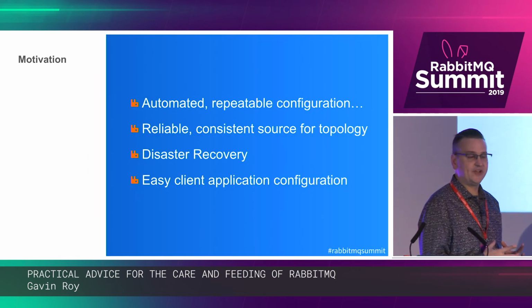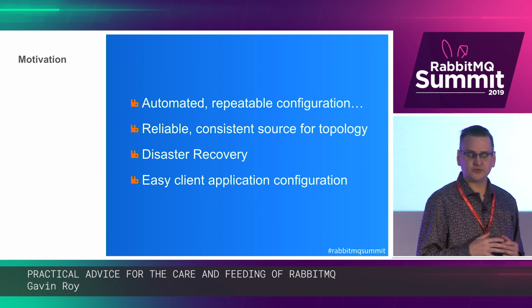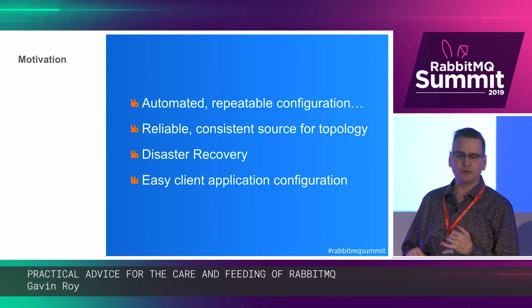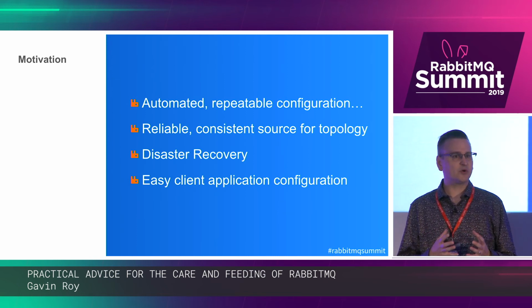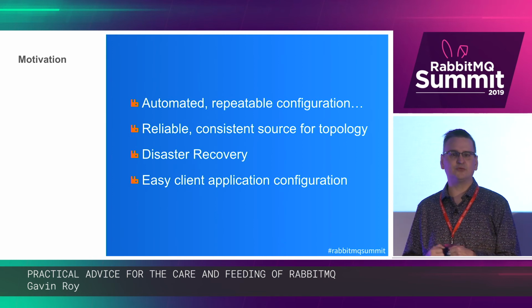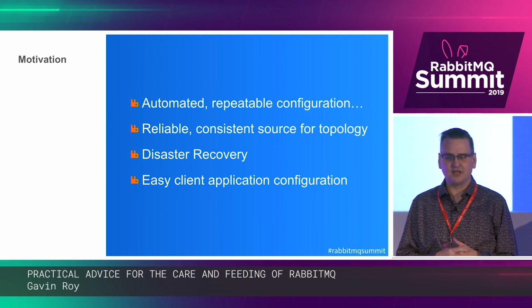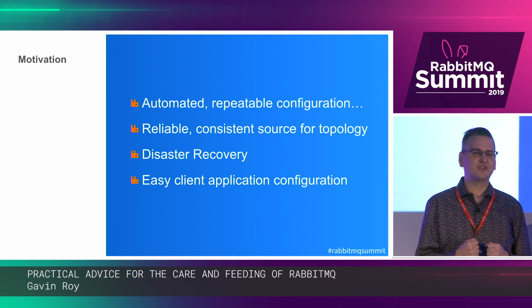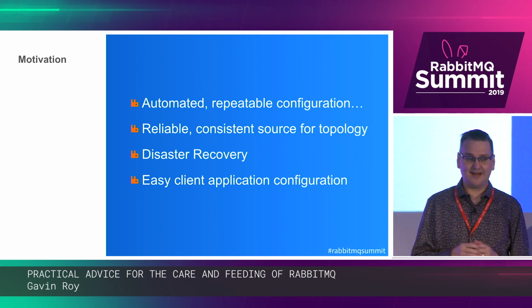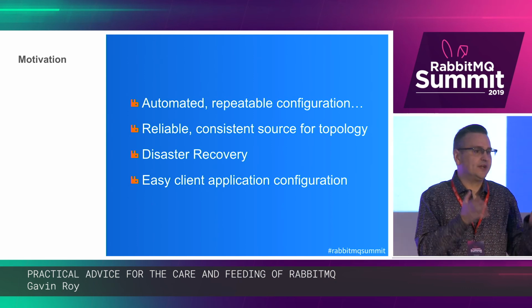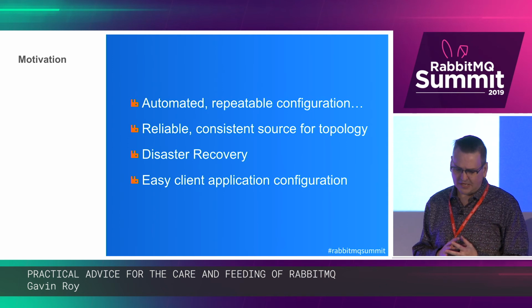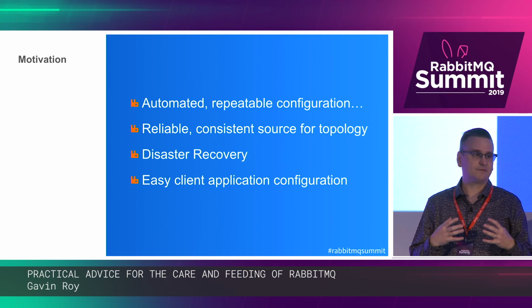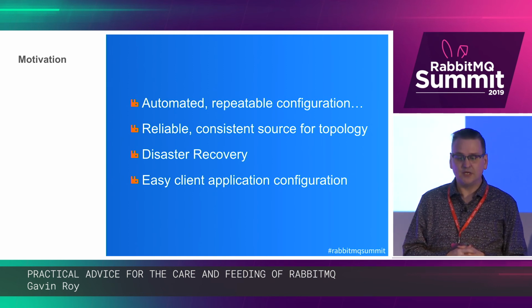But when we think about the motivation of what the developers were doing, they weren't wrong and they weren't bad, right? They were trying to create automated, repeatable configuration. That's a really important thing. It's a really good way to ensure that your environment is consistent. You wanted to make sure that there was a reliable, consistent source for that topology to make sure that the applications still work. And that could be used for disaster recovery, right? It's one of those things where you want to make sure that the environment is set up correctly for your application to do the things that it's supposed to do.